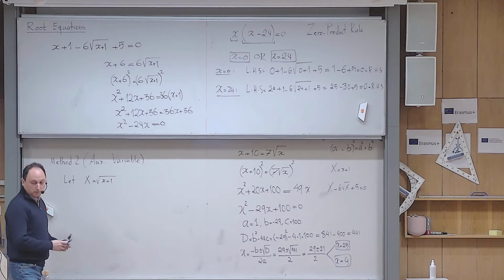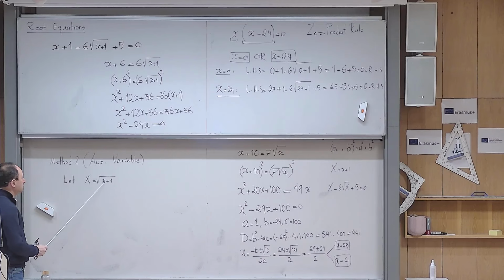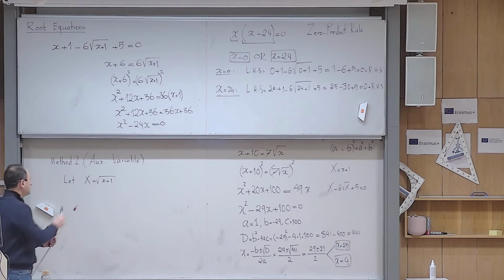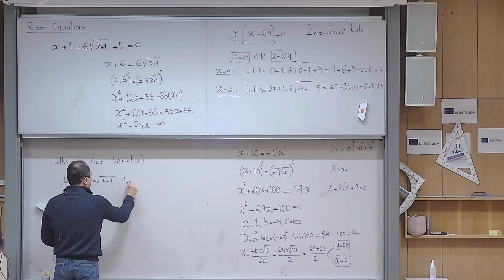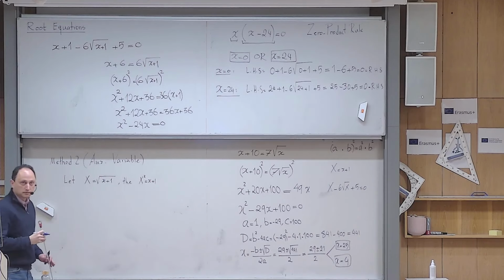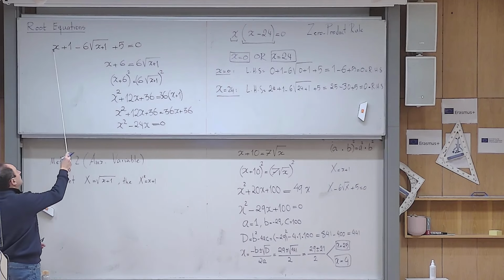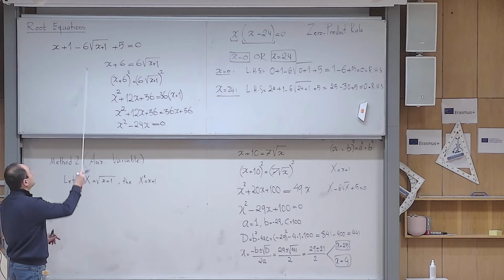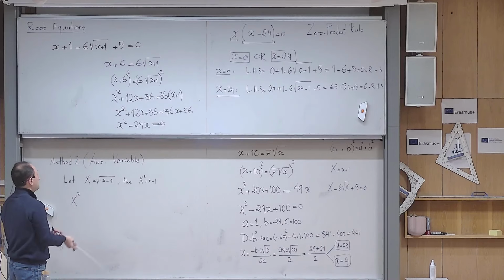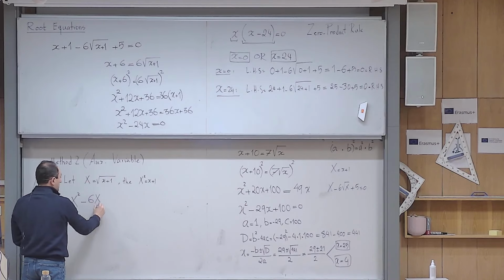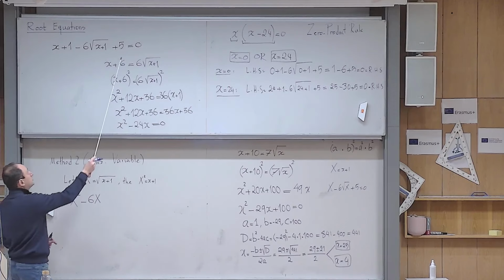So let this one happen. But I told you that the method of auxiliary variable is successful if I can get rid of all the old variables in favor of the new variable. So if this is the case, then capital X to the power of 2 is simply x plus 1. Yes or no? And I go back here, instead of x plus 1, what am I allowed to put? Capital X to power 2. And then I have minus 6 square root of x plus 1. But the square root of x plus 1 is called capital X, so it becomes minus 6X. And then I have a 5 at the end,